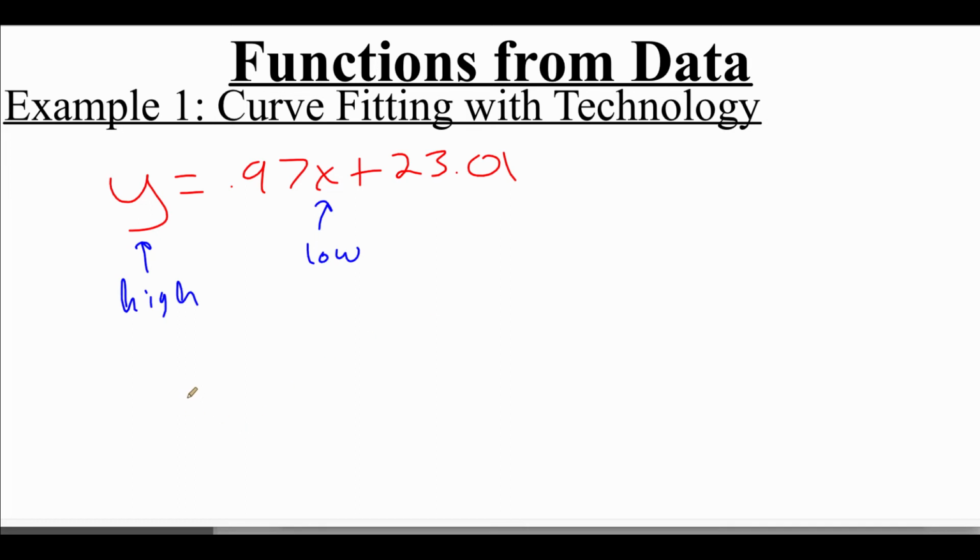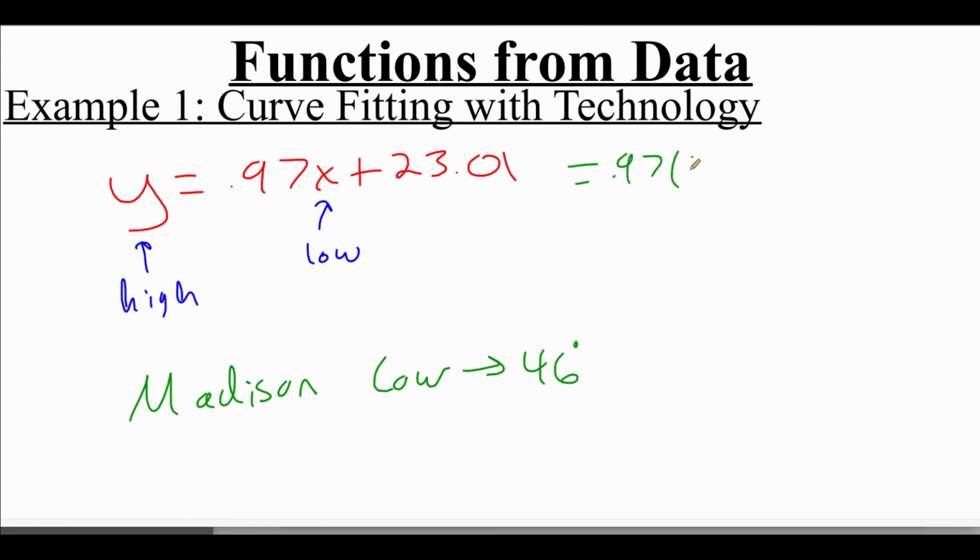So let's say in Madison, the low temperature was 46 degrees. And what I want to do is predict what the high temperature would be. Since I've got a low value, I can plug that in for my x, since my x represented my low values. So I can take 0.97 times my 46 degrees plus 23.01, and I should get approximately a temperature of